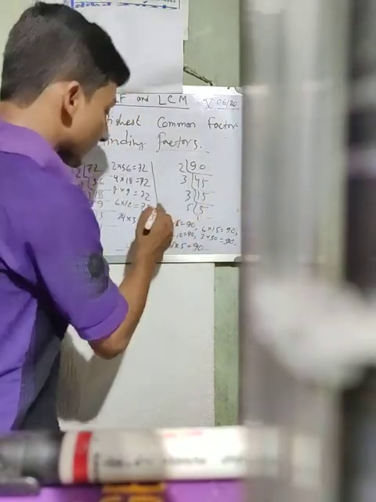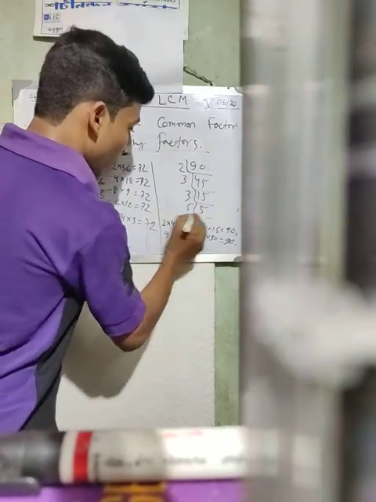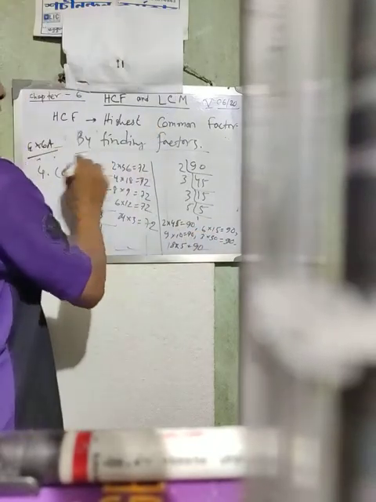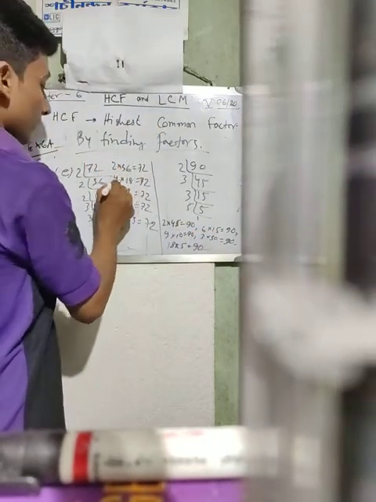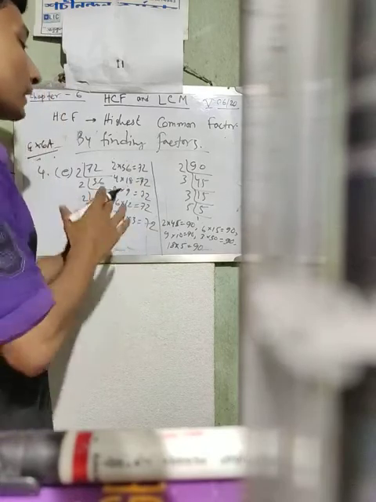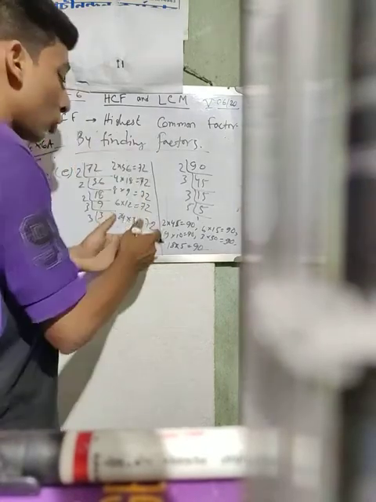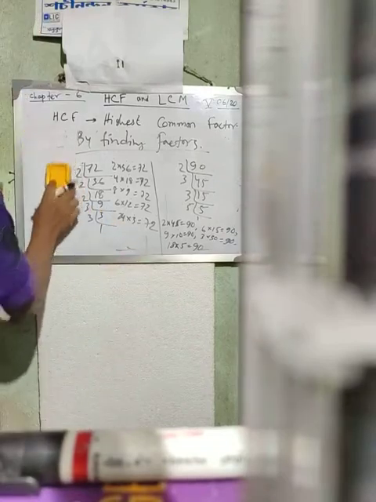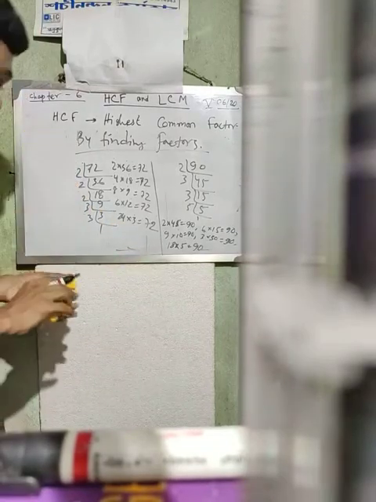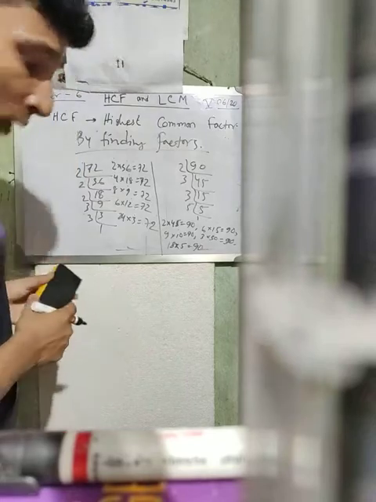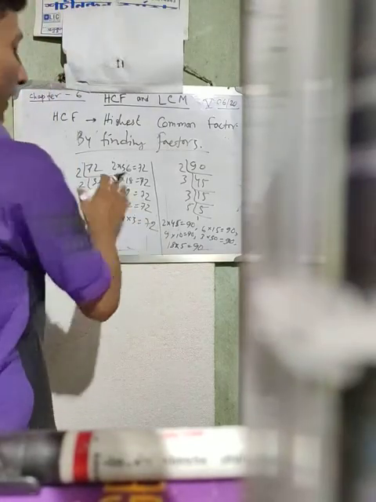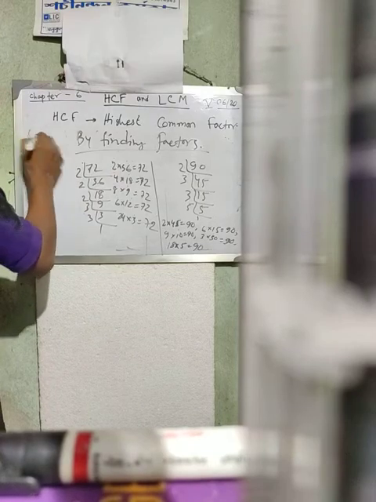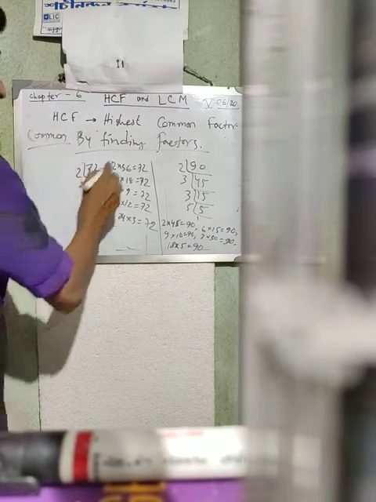Now, what are the factors? These are the factors: 2, 45, 6, 15, 9, 10, 3, 30, 18, 5. And similarly for 72. These are the factors of 72 and these are the factors of 90. Now, what are the common factors? Here you have to find the common factors.